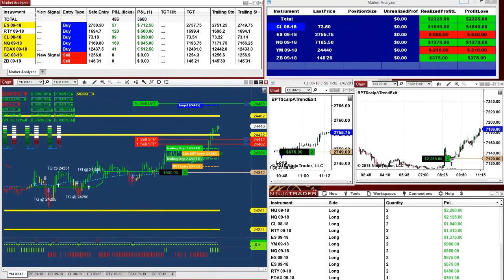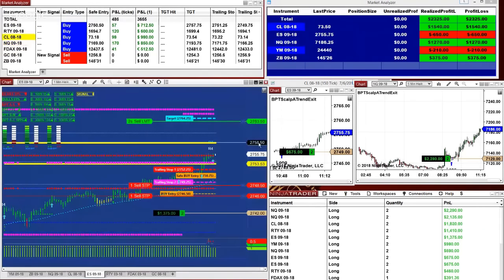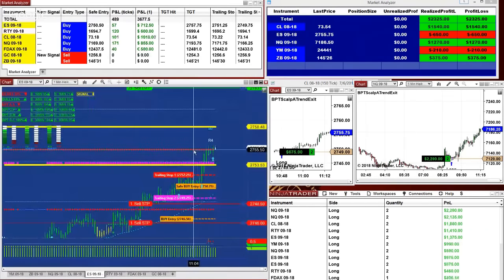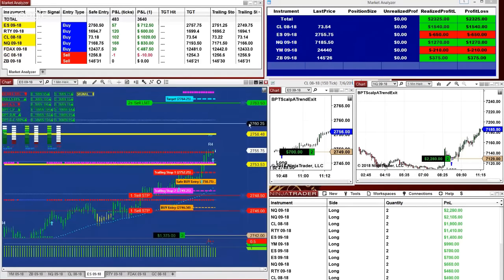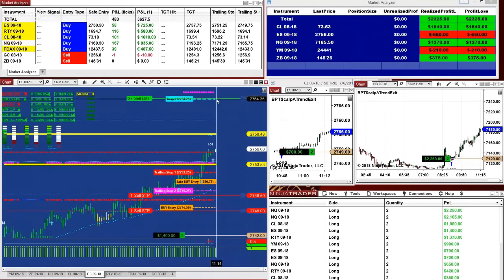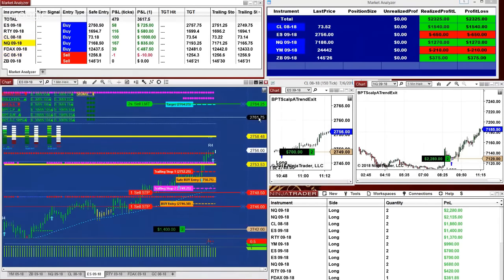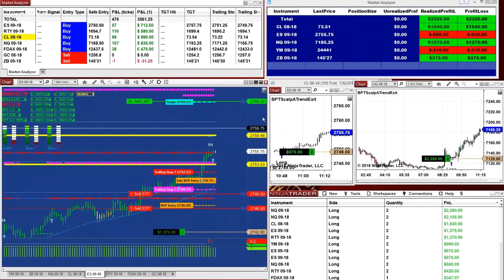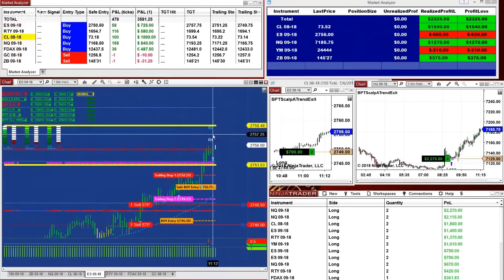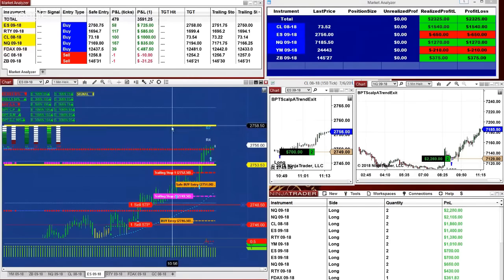Let's look back at the ES. We're having a problem with this ES right now. It just broke that line, the 27.55. So we'll see. The system target is 2764, so let's see if we can climb it. The thing is, right now we are between those two yellow lines, and this is an indication that when they are between those two yellow lines, this is where you need to